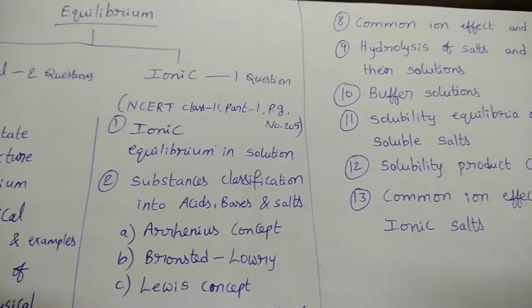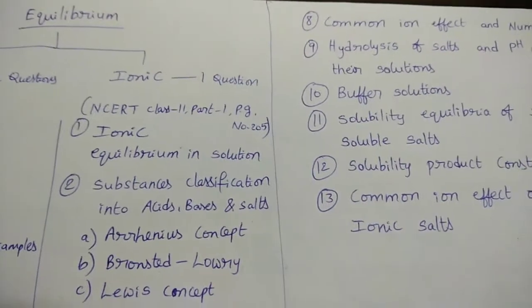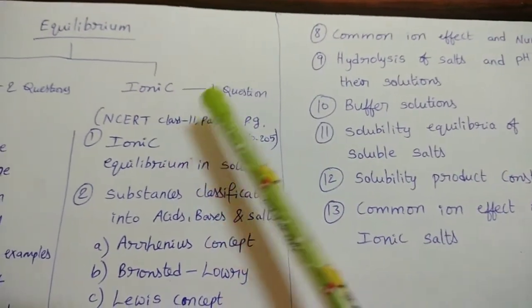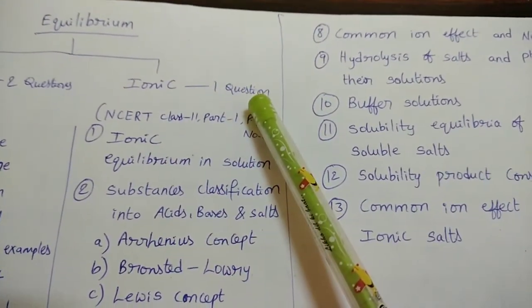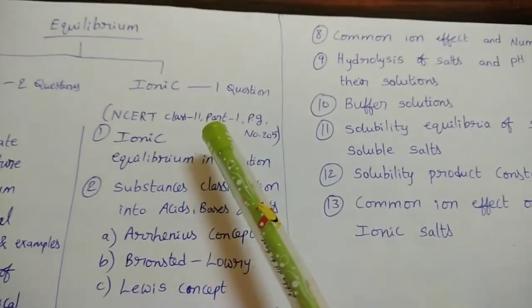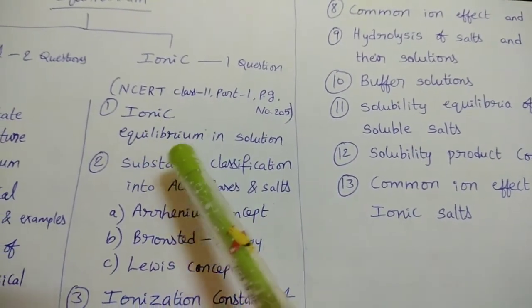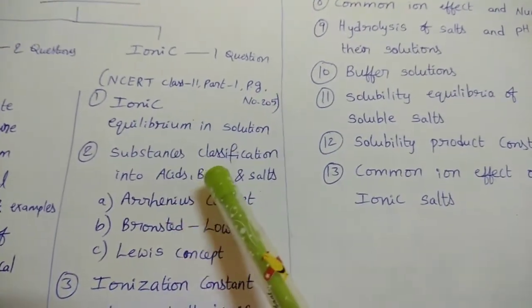In last class we completed chemical equilibrium. Now see the ionic equilibrium. From this ionic equilibrium, one question will come in NEET exam. So weightage 4 marks. In this ionic equilibrium, we have to complete these topics: ionic equilibrium in solution, substances classification